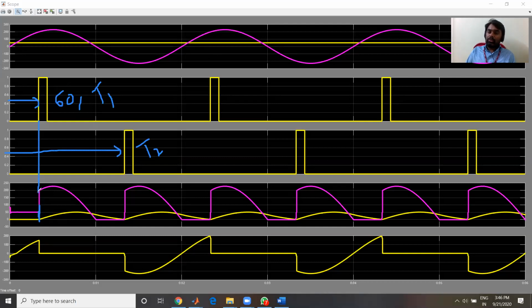But to get a closed loop for the current to flow, we need to trigger T1. Then only there is a closed path for the current from source to load, and you will get some voltage. So from this point onward, the output voltage follows the input voltage. Due to the presence of inductance in the load, the current is charging, lagging the voltage by some angle, thereafter discharging. Here it is completely discharged. So during this positive portion from alpha to pi, T1, D2 will be in conduction state.